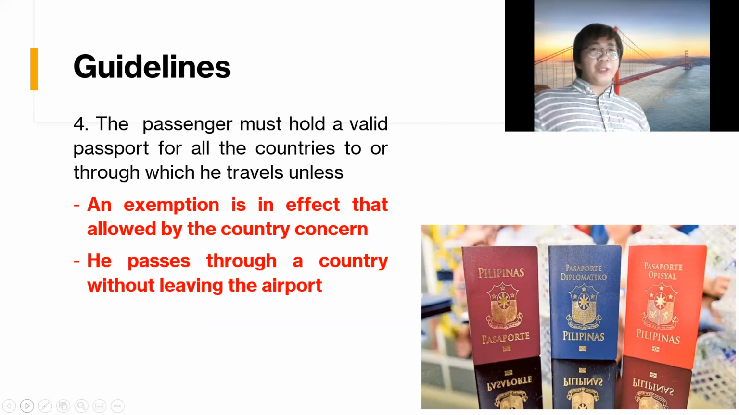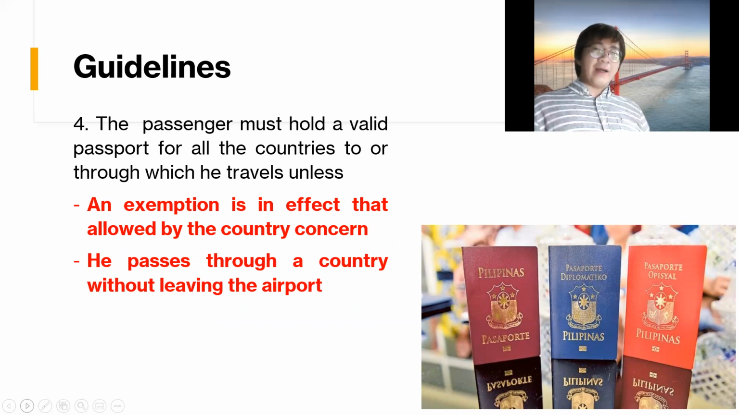Another thing is the passenger must hold a valid passport for all countries to or through. Okay, let's say in the case of a connecting flight, which they travel unless, number 1, there is an exemption in effect that allows the country concerned. For example, if you're a Hong Kong passport holder and you're traveling to mainland China, there is a certain ID card system that they use that you might use in